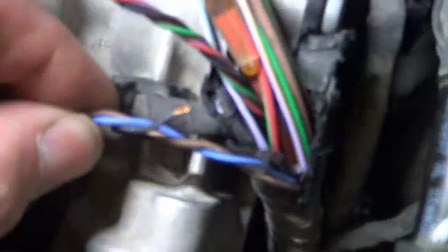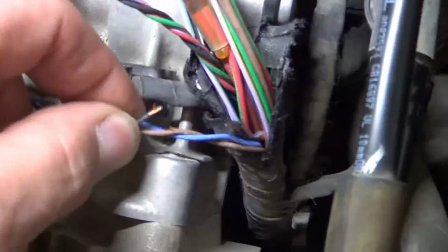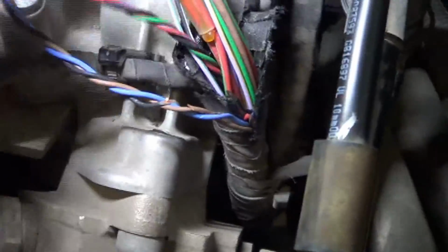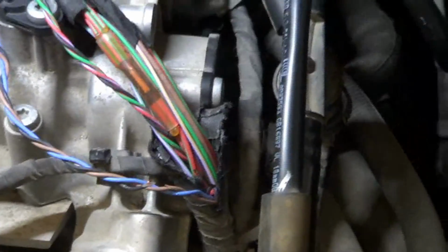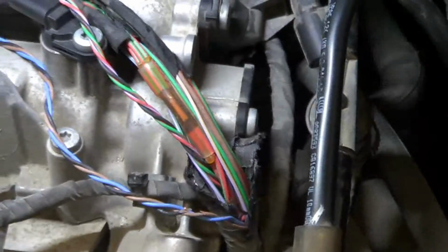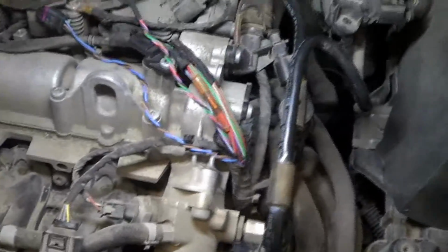Okay, we have opened up the harness expecting to find a broken wire, but we've gone as far as we can go. We did accidentally cut a wire right here. Coincidentally, it is the wire in question, but that isn't our problem. We cut that as we were taking this apart. Not a big deal. Sometimes it happens as you cut open a harness. We have to cut it open even though we saw no damage. But we didn't do the best of job, because now that we haven't found the problem there, we started looking further,